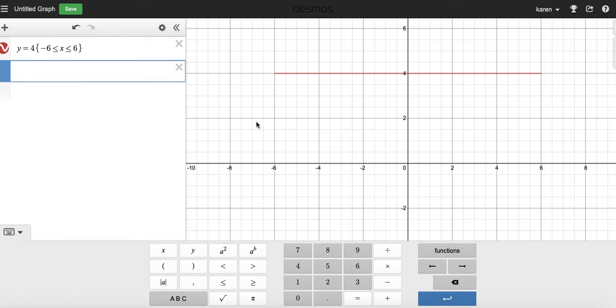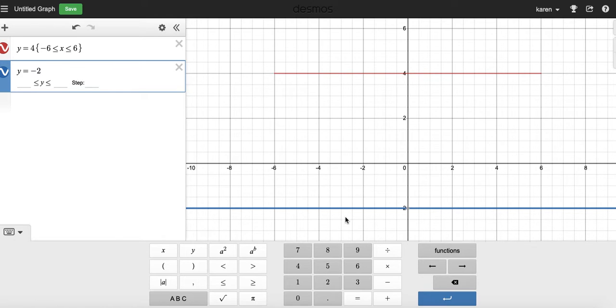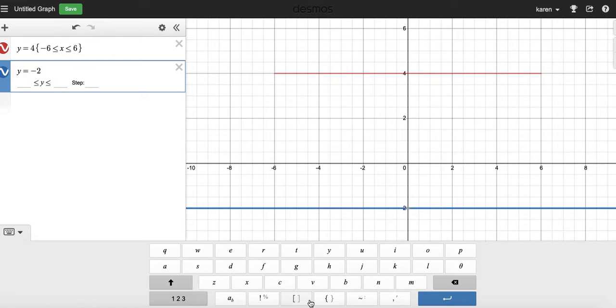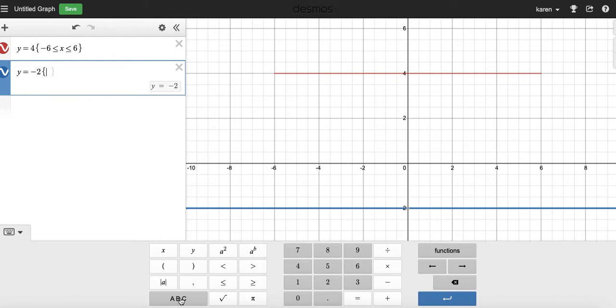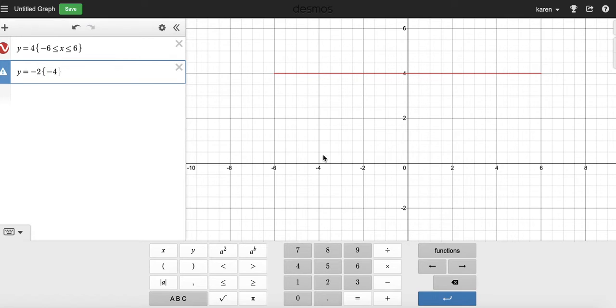Okay, what about a line at y equals -2? Now it's down here, and I'm going to make this line go from, let's say, -4. It's going to say less than or equal to x, because I'm restricting the x values, less than or equal to, we'll just say +4. So then this line goes from -4 all the way to +4. So it's least to greatest from to the left all the way to the right,